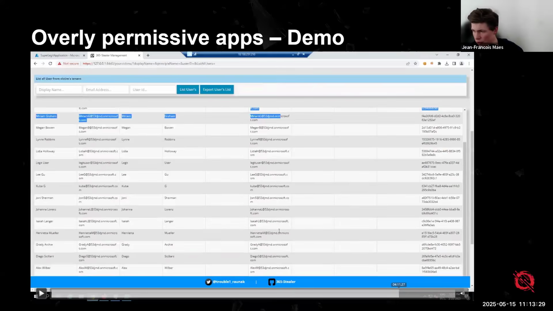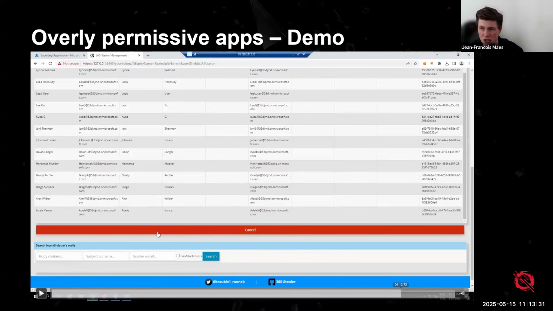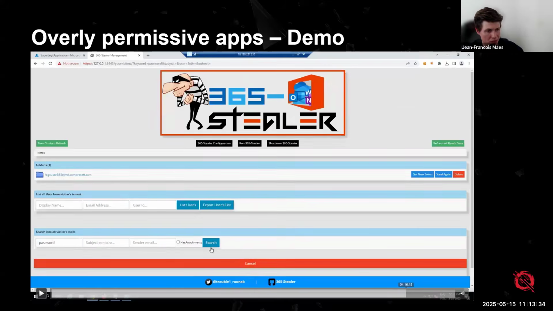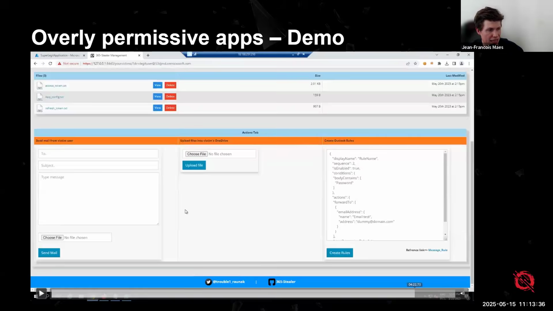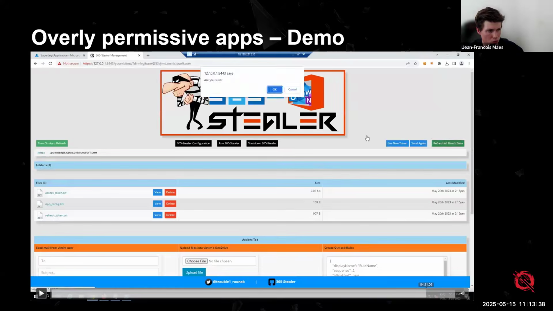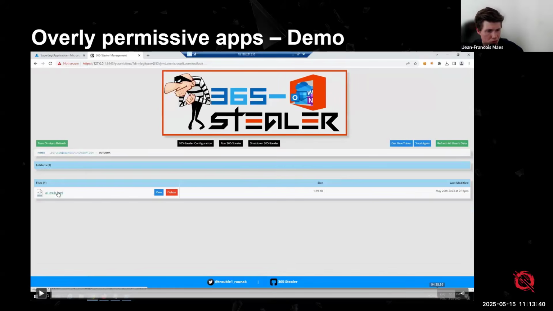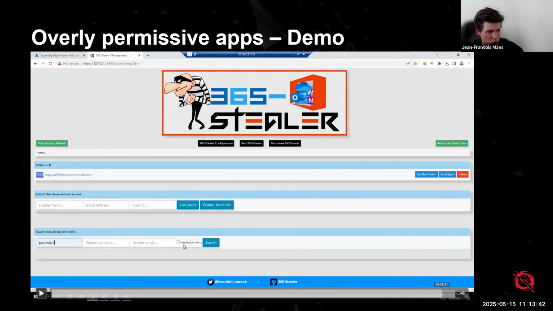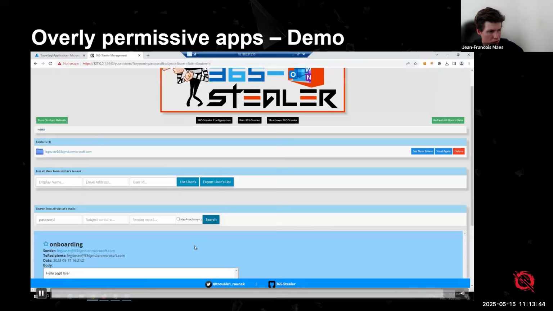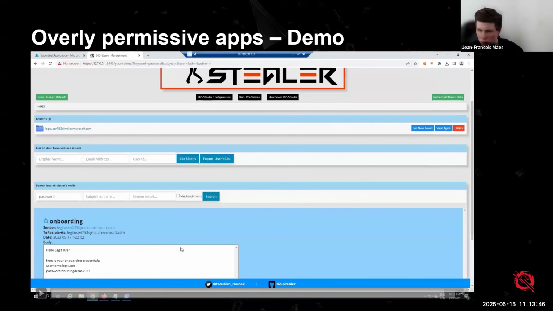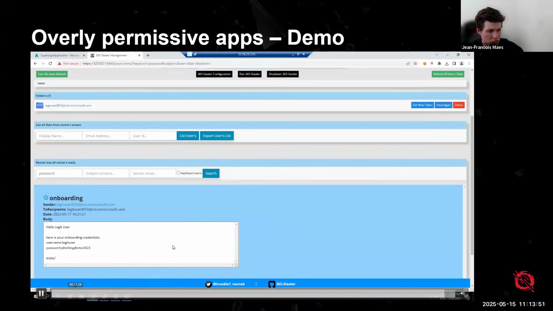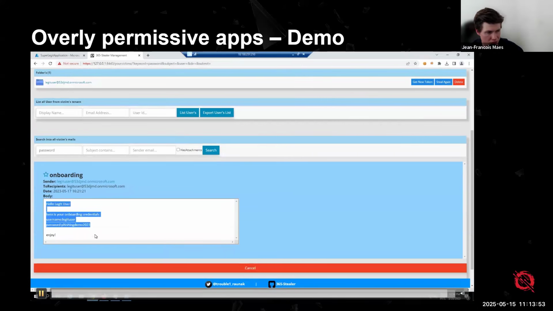So you can see that there are some other users that we could potentially social engineer into accepting our application. And eventually we'll also use the email permissions to start taking a look at the user's email. So that's what I'm doing here, right? Searching into all victims' emails, looking for the string password. So this would give me all the emails that have a password inside of it.